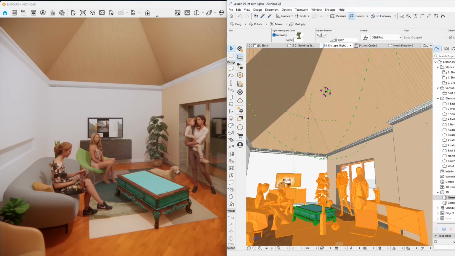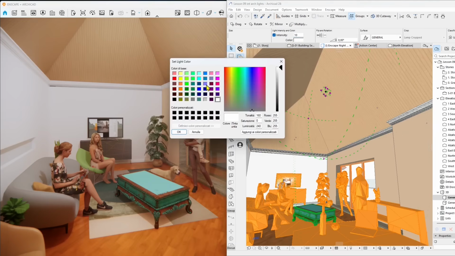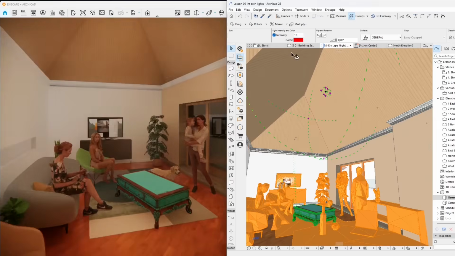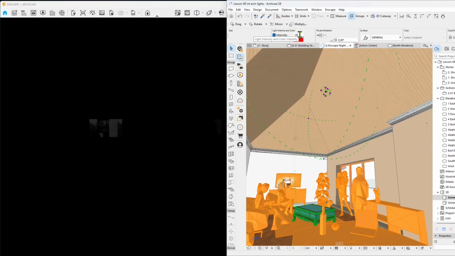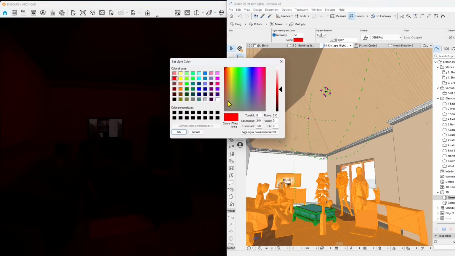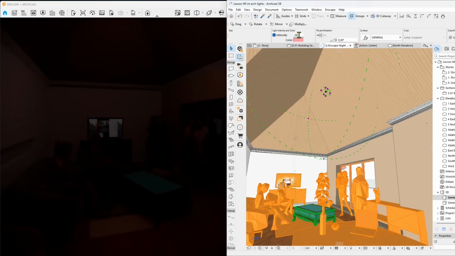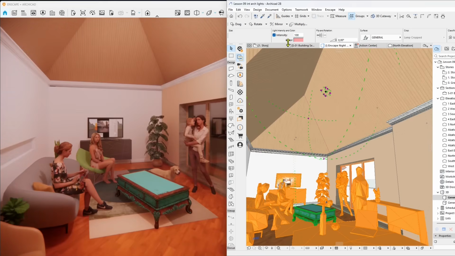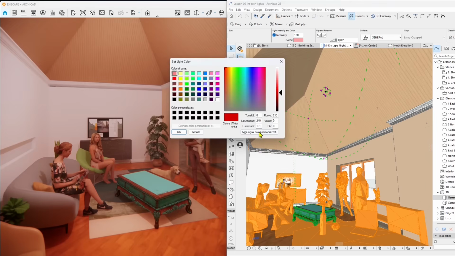Now it looks a little bit better, but the other way is just to decrease the intensity, or to use a darker color. You can see now it's almost invisible. So let's turn it up. And I don't like to use automatic exposure because I don't really understand what's happening with the light. So usually I turn off the automatic exposure in Enscape and then start to work with the lights until I get the effect that I want.